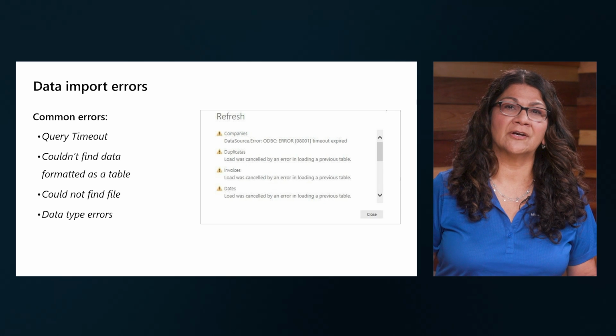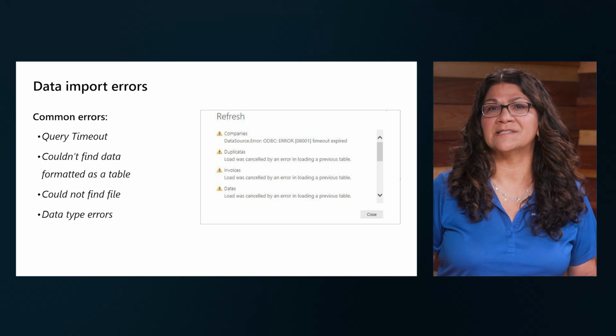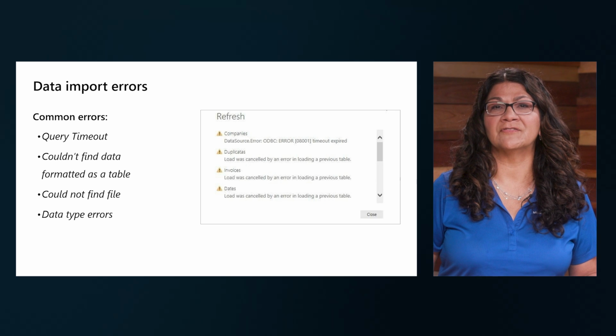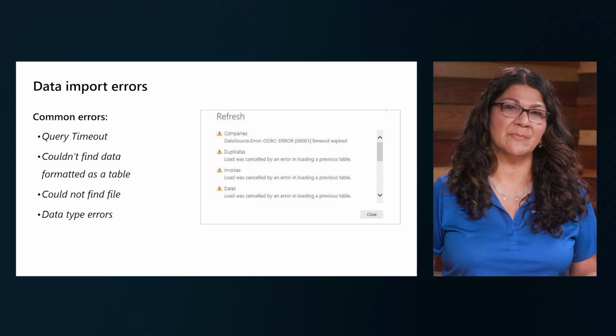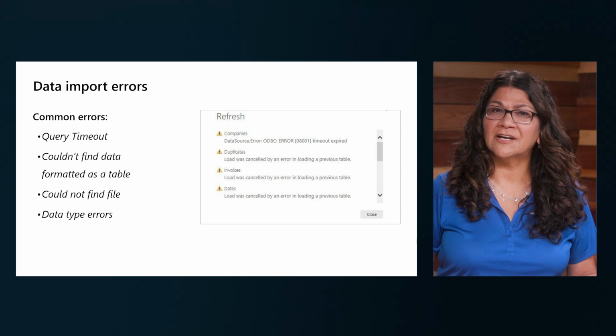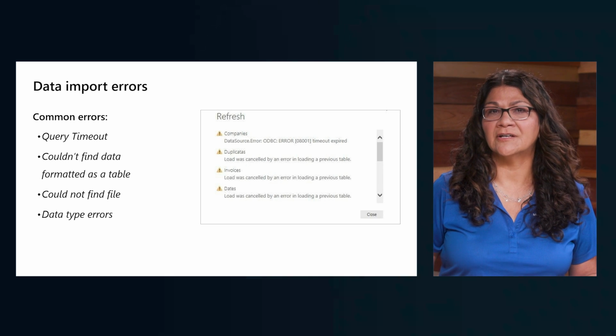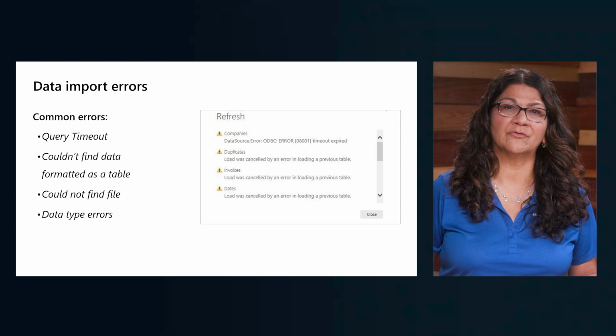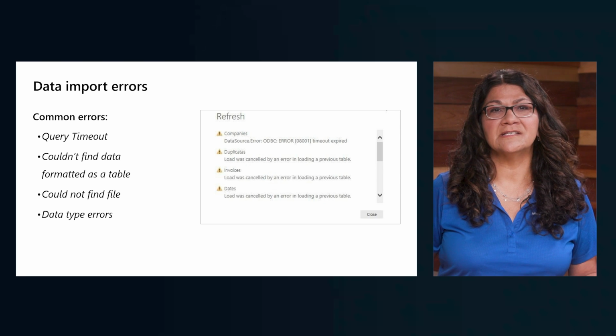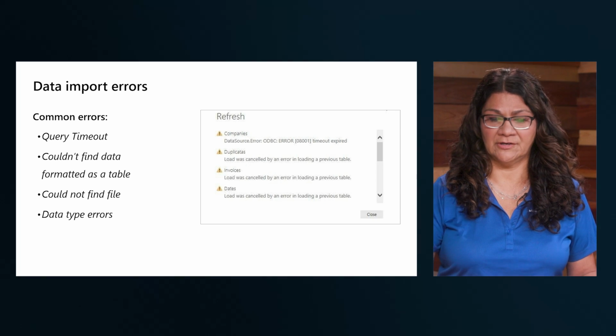When a data type error occurs, the field usually displays blanks. This is because of an error in interpreting the data type by Power BI. Resolving this error is unique to the data source. However, in the Power Query Editor, you can change the data type to reflect the data in the field. This list isn't exhaustive, but shows some common errors encountered.